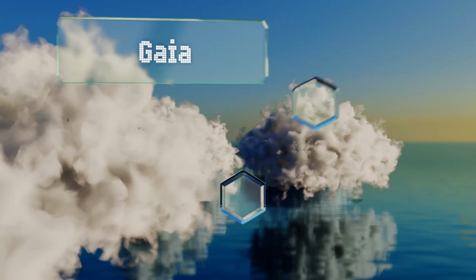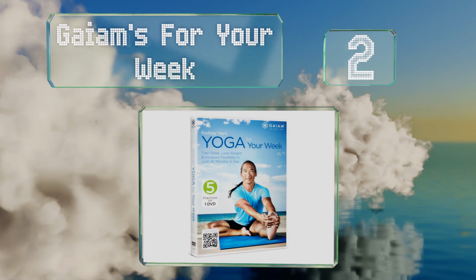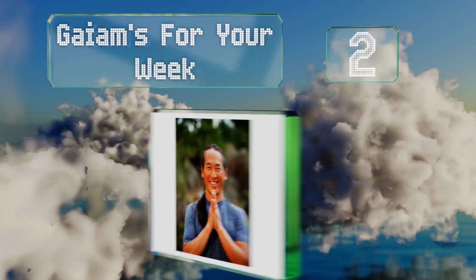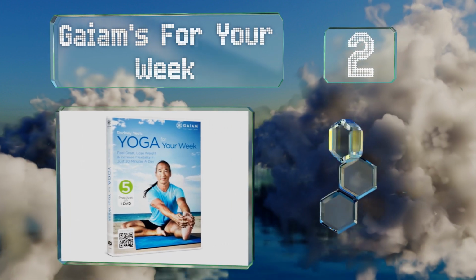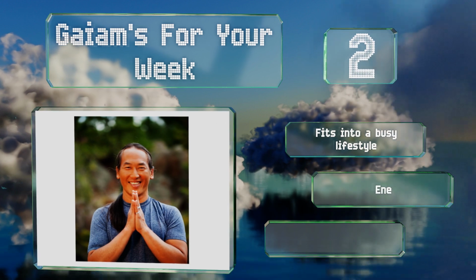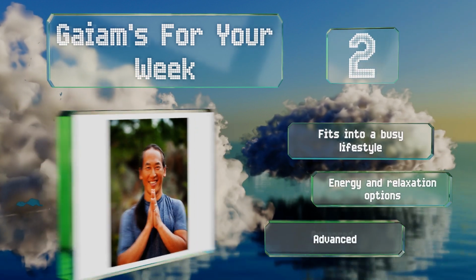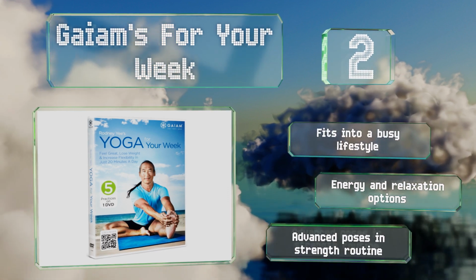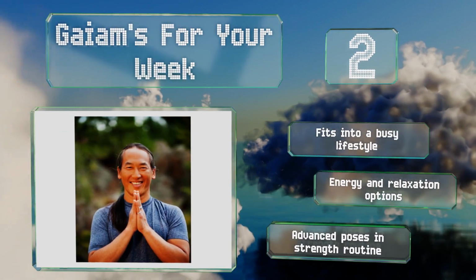At number 2, Gaiam's For Your Week is designed to keep you committed to your workouts with 5 20-minute practices. This one is best for enthusiasts already familiar with basic yoga, as the routines flow from pose to pose without stopping for instruction. It fits into a busy lifestyle and features both energy and relaxation options and advanced poses in